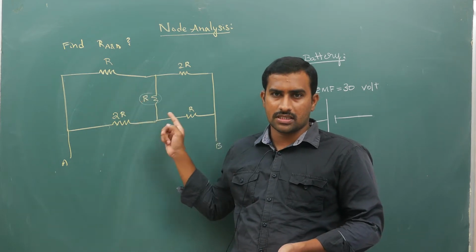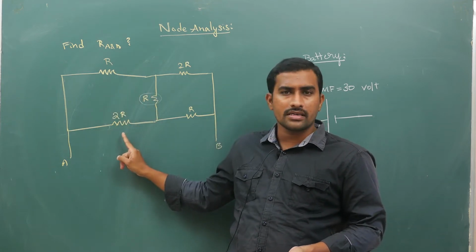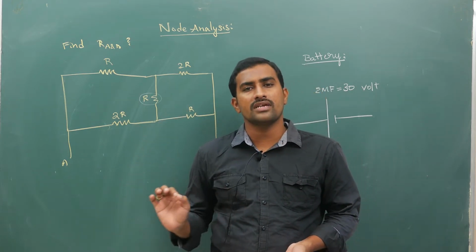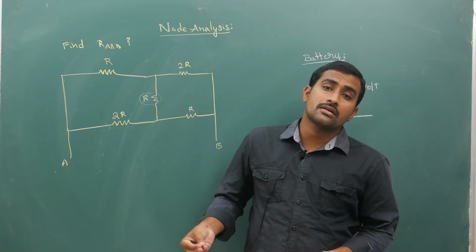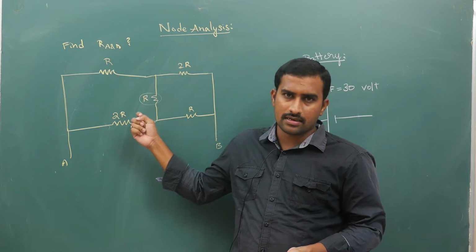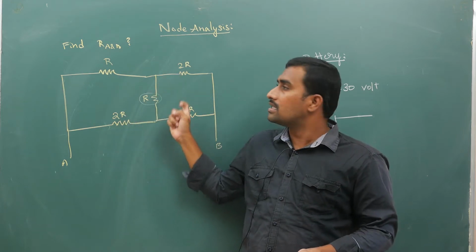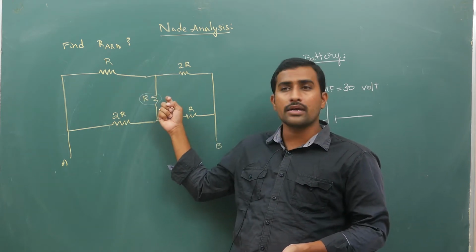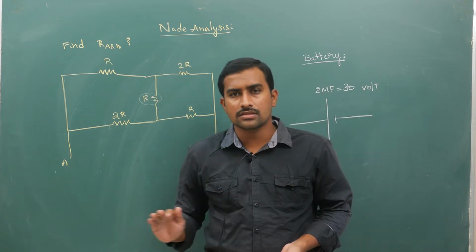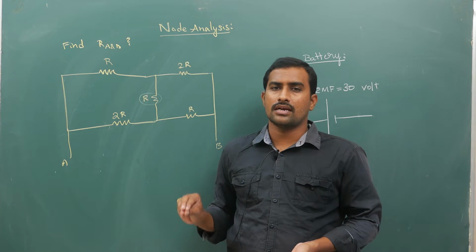it appears as if there is a Wheatstone bridge here, but in reality R by 2R is 1 by 2, and 2R by R is 2. So it is not in the form of the Wheatstone bridge condition. If it was, then I could remove this middle resistor and say that these two are in series, these two are in series, the resultants of these two are in parallel, and I could remove this. But here the circuit is not in that manner. It is not in the form of the Wheatstone bridge condition.